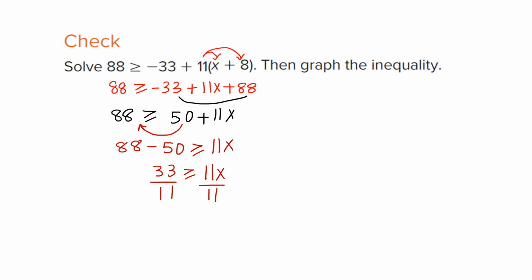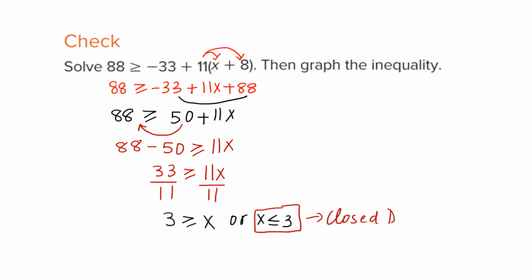So this becomes 3 is greater than or equal to x, or x is less than or equal to 3. Now if you see this inequality, it has equal to, so you know there is going to be a closed dot at 3. So now you draw the number line. This is the number line. This is, for example, 0, 1, 2, 3. So your number line will have a closed dot at 3, and because x is less than or equal to 3,